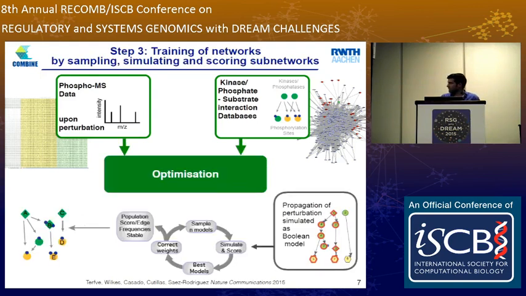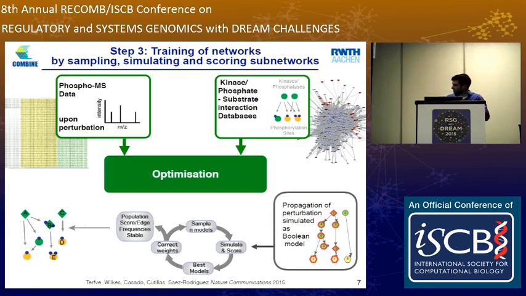And once we have the data normalized and we have our network, what we do is an optimization, in essence in the same spirit of what I showed you before for antibody-based methods, where we sample sub-networks from this huge network of kinase and substrate relationships. For all of them, we simulate the conditions for which we have experimental data, and we do it as a Boolean model, as a very simple logical circuit in which proteins can be on and off.